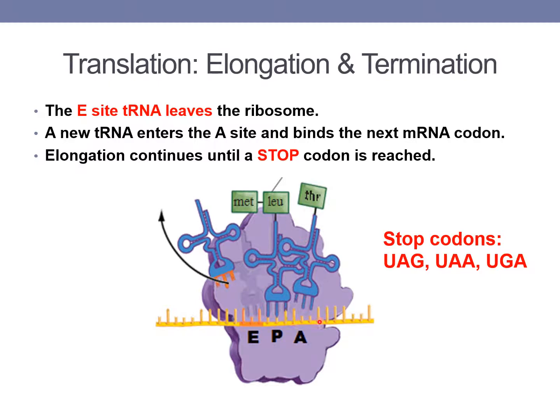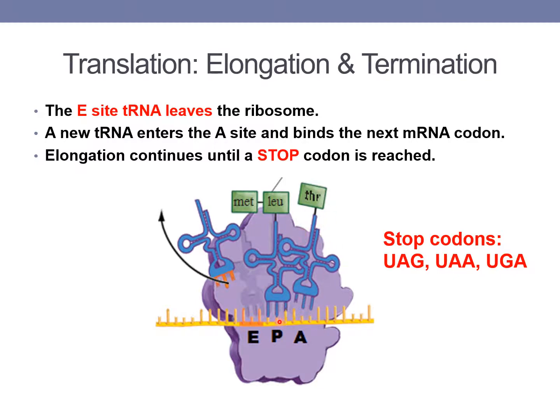Then the ribosome is going to shift so that this second transfer RNA will move over into the exit site, and this third transfer RNA will move into the P site. Then the leucine and the threonine will make a peptide bond. The leucine will be released from the second transfer RNA, and it will be free to leave the ribosome. And then the methionine, the leucine, and the threonine will be attached to the third transfer RNA in the P